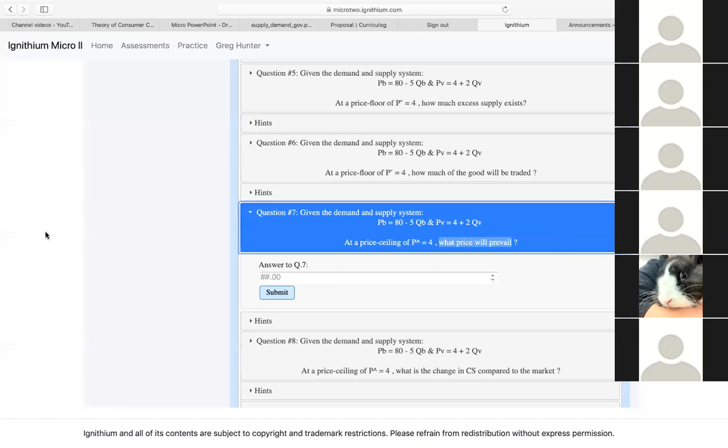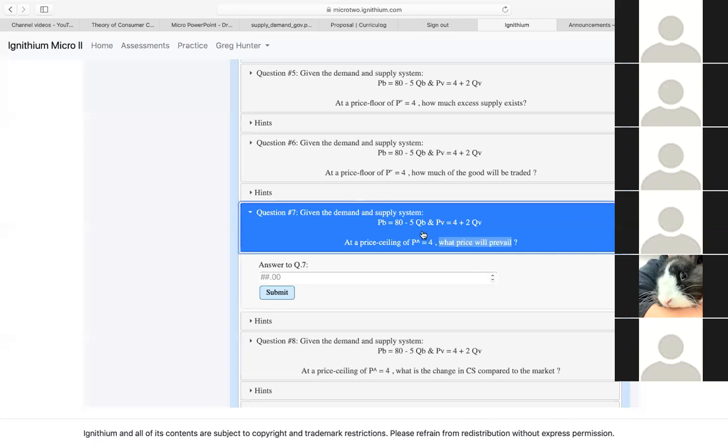Hello? Hey, okay. Hey, Daniel. So you say the prevailing price. Now, by prevail, you know what we mean, right? Probably. Okay, so tell me what your thought process is. Prevail. Well, if the price ceiling is below the equilibrium price, yeah, the price ceiling is what it gets set to because that's the maximum possible price.